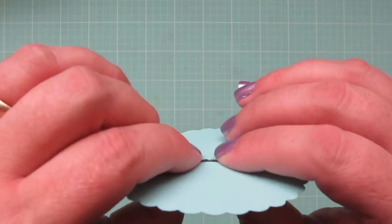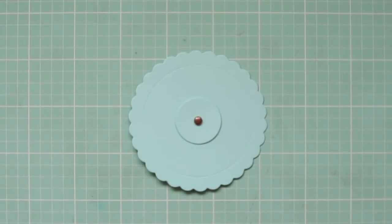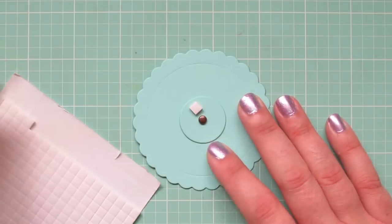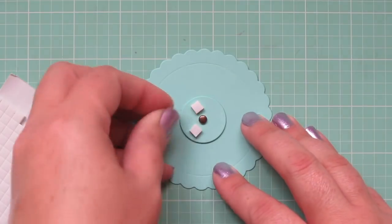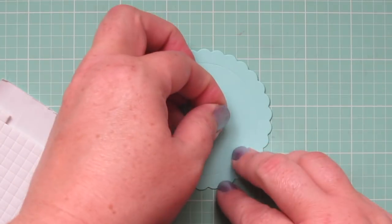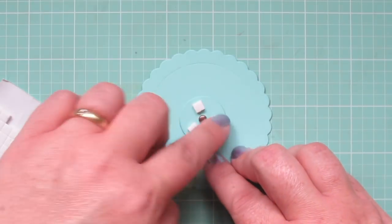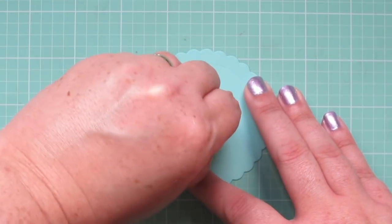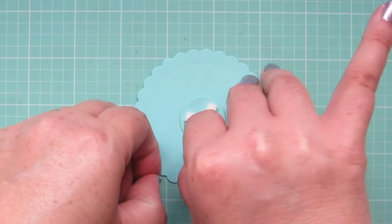these all together. I did make a little mistake right here, and I left it in the video to show you. I'll get to it in a second, but before I do that, I did take a couple of foam dots, foam squares, and added those around the brad. Those are just going to give it the lift that it needs to be able to spin to reveal your